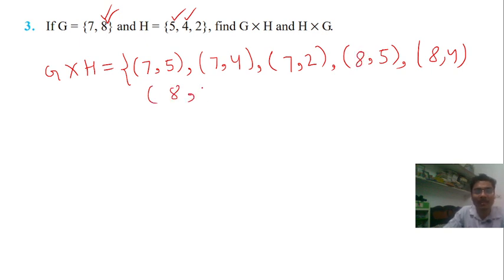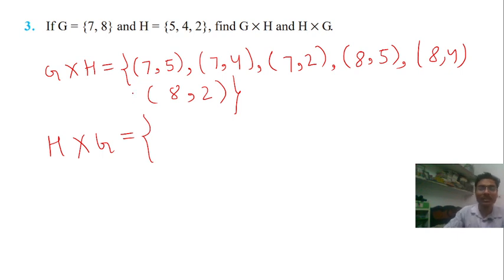Then we will write 8, 2. So here we write the Cartesian product of G cross H. Now we will write H cross G. To write the H cross G set, we will have to first write the element of H, then the element of G. That is 5, 7, then 5, 8,